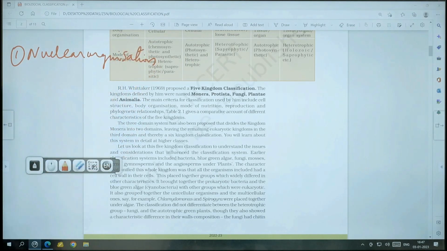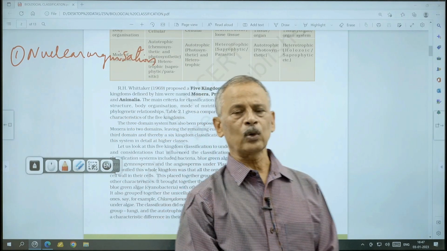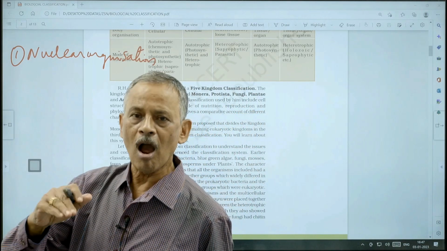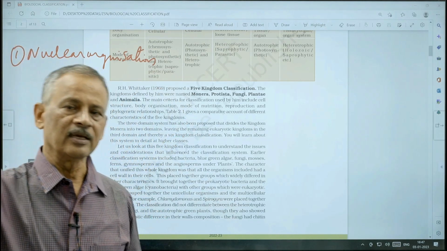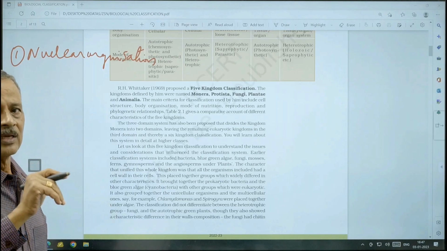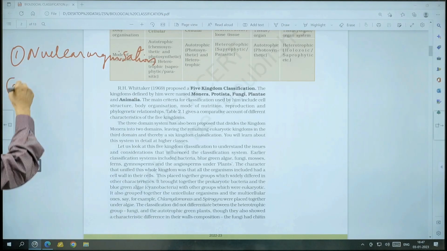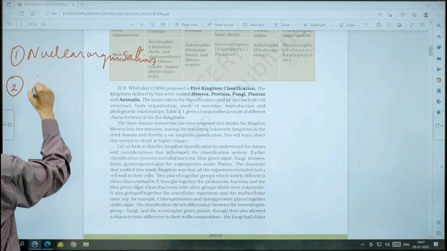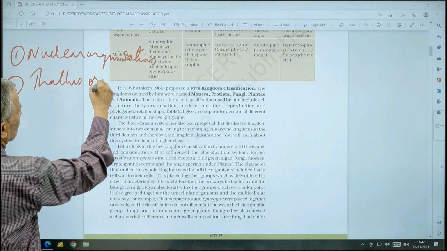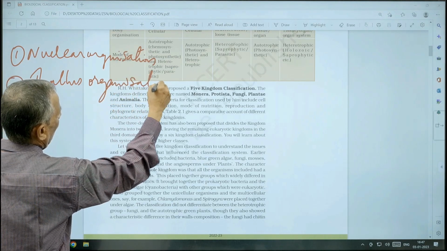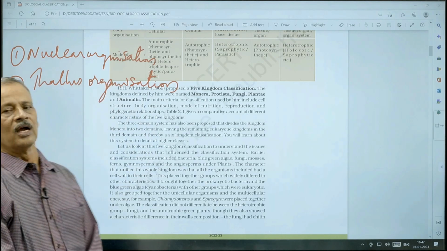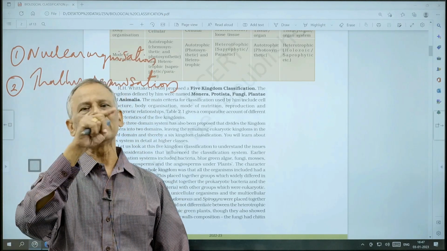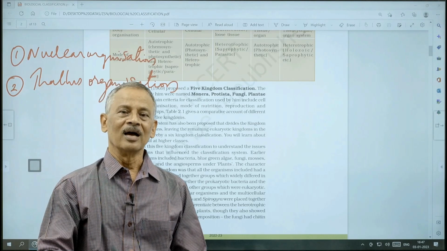Whether it is prokaryote or eukaryote, all prokaryotic organisms are coming under Monera, and all eukaryotes were separated from this one. That group is again divided based upon the number of cells in the body. That is called thallus organization. How their body is made, whether it is single-celled or multicellular in nature. All unicellular organisms are coming under the Protista,